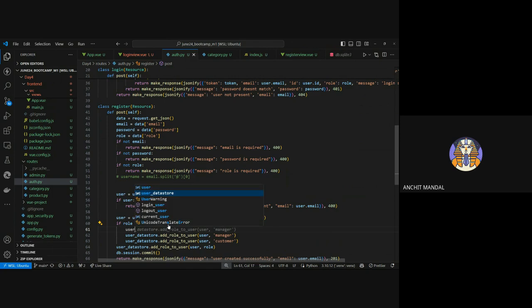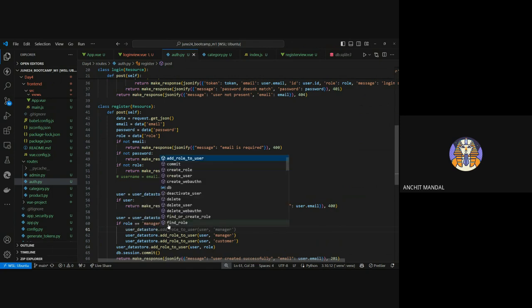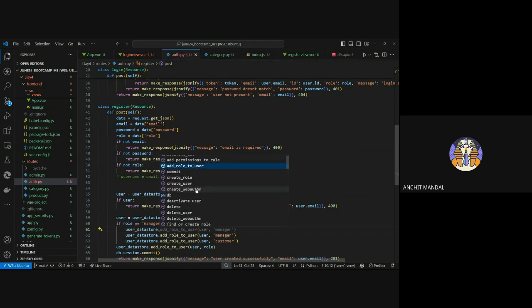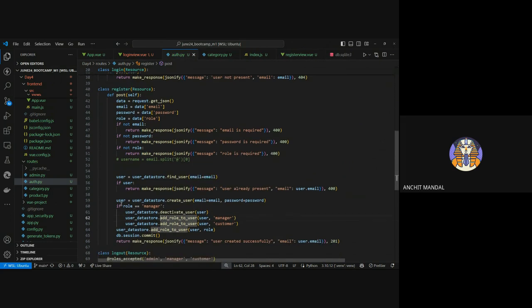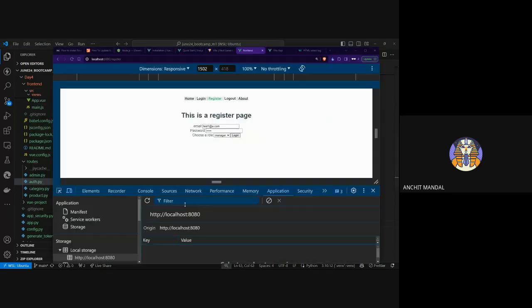okay, we can use user data store dot deactivate user, and we are supplying user. Okay, so what we are saying is that if we are creating a new manager, we are deactivating his ID as a default functionality and assigning role to it. Okay, now if I do it again, let it be test2, same thing manager. If I do it,